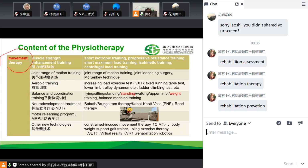The first one is muscle strength enhancement training. I think some of you may go to the gym to practice, right? Go to the gym and want to make your muscles strong. So as for the patients in the hospital, they also need muscle strength enhancement training. And there are a lot of different ways to enhance the strength. And later, some other teacher will give you class and teach you how to use different ways to enhance our